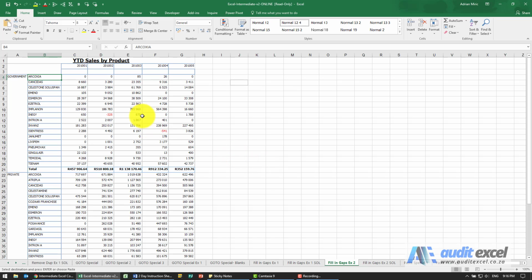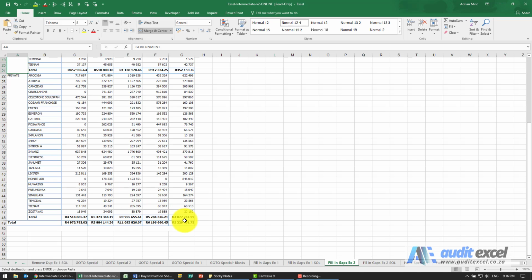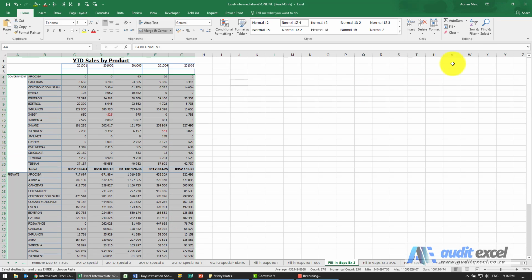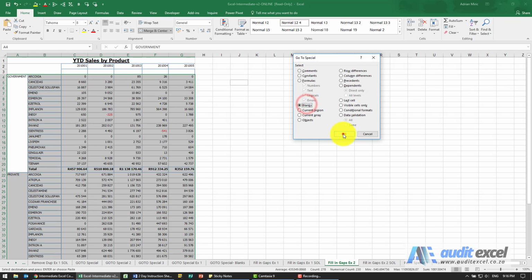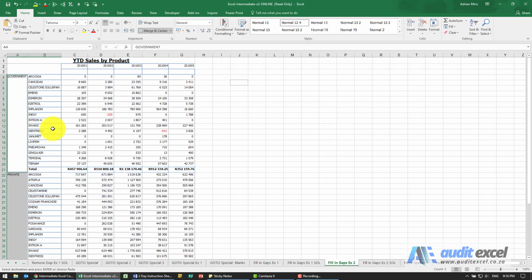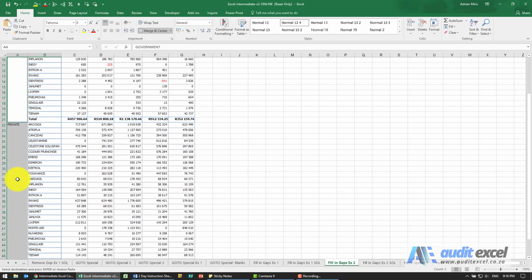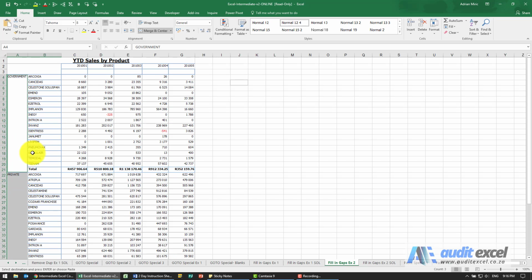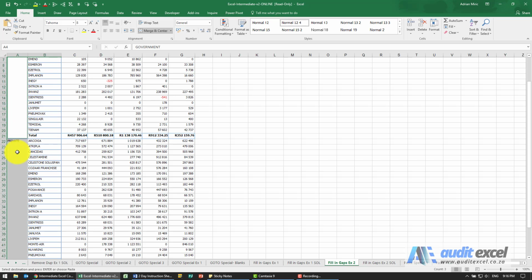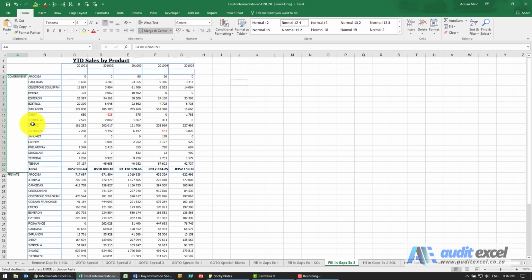the solution to this exercise. So we need to fill it in. So let's quickly see how this works. I'm going to highlight that section, find and select, go to special blanks. And you'll see what it's done is it's shown us that these are blanks, but there's not much we can do about it because it's highlighted whole areas, and that's because these cells are merged.